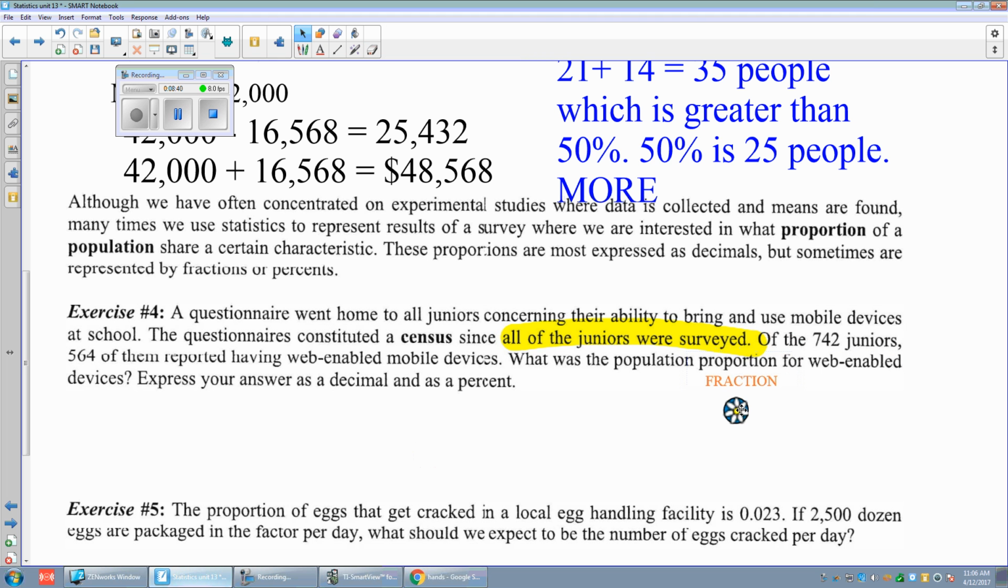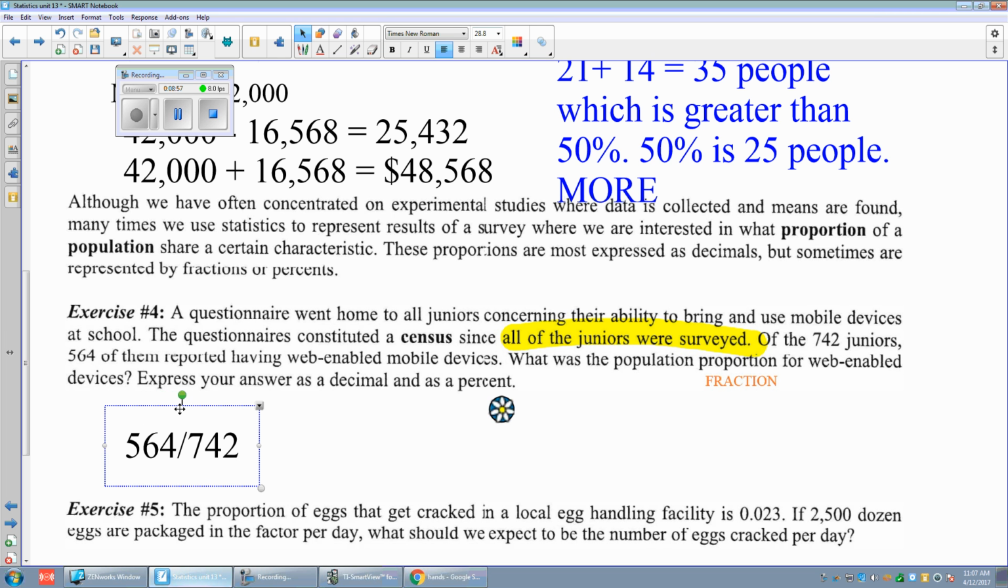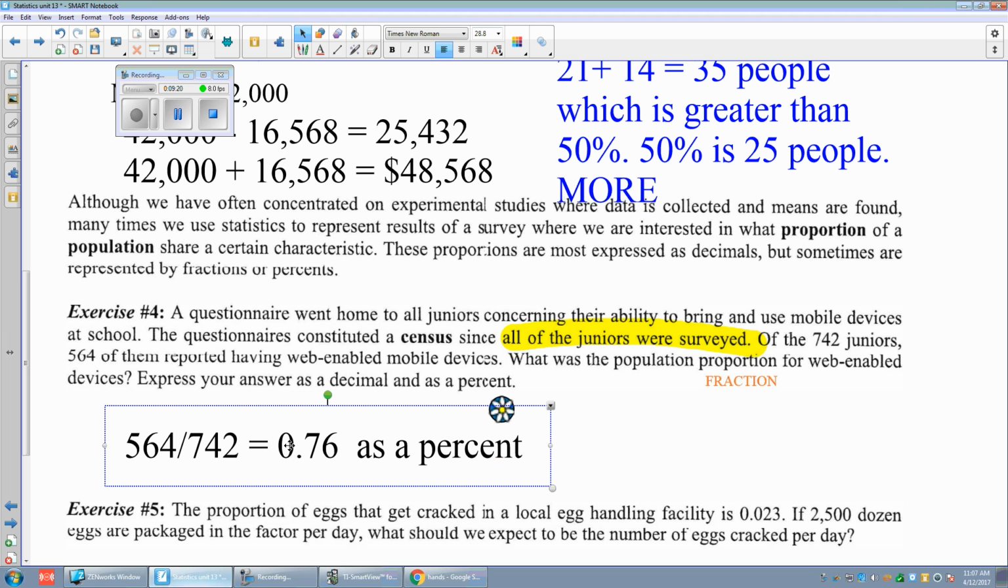Another word for proportion is fraction. Express your answer as a decimal and as a percent. Okay, so as a fraction, it is 564 over 742. As a decimal, it is 0.76. As a percent, just multiply that by 100,